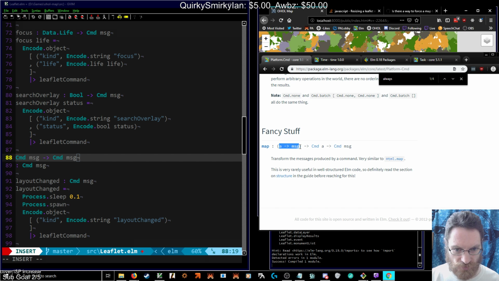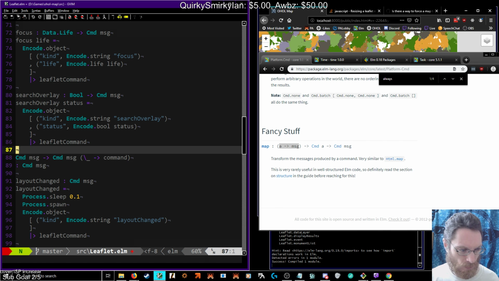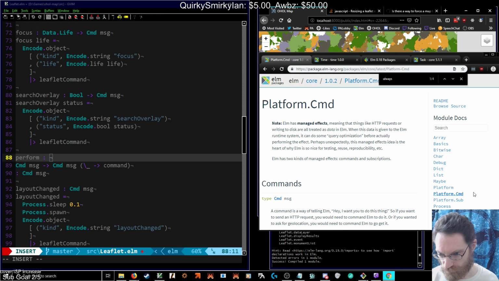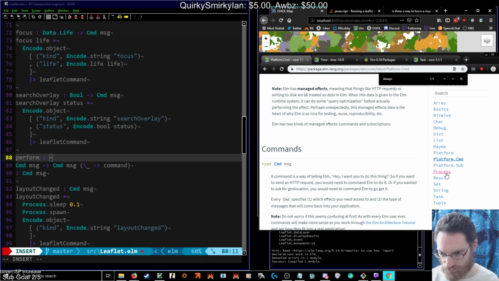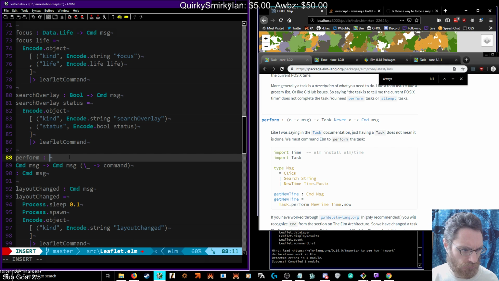And that takes an A to a message. So that is going to be some sort of don't care to send my leaflet command. So to call that, we need to get a command message, which is going to be a perform and a task, task.perform,